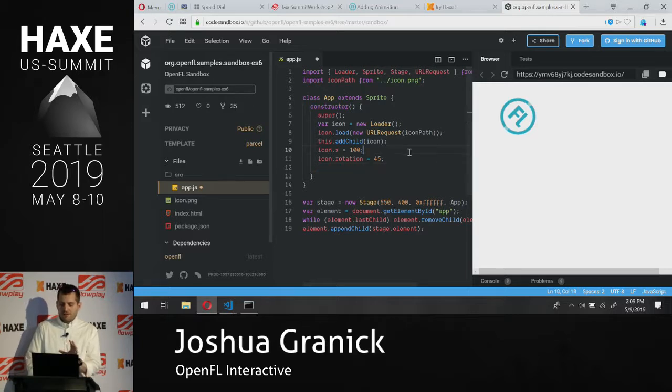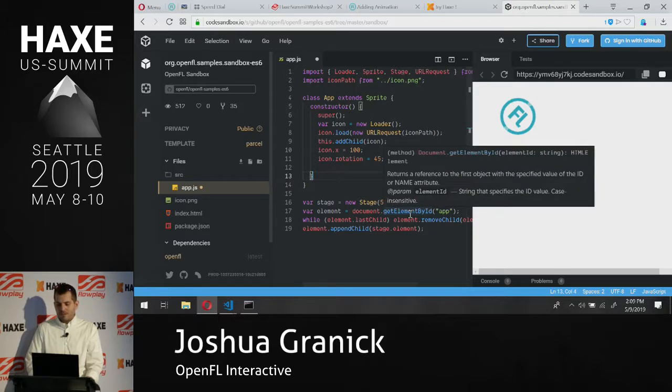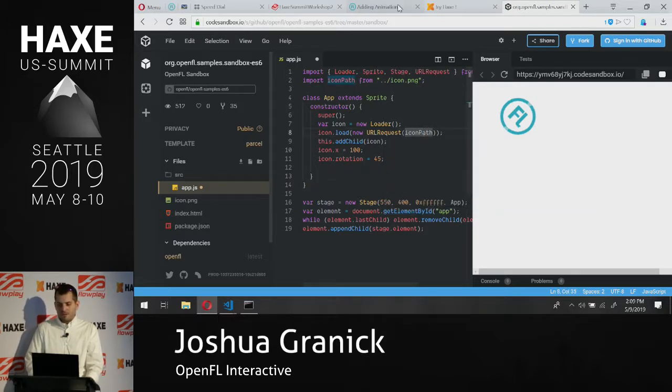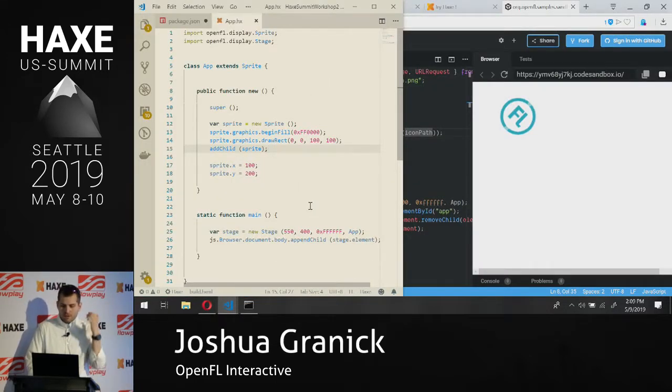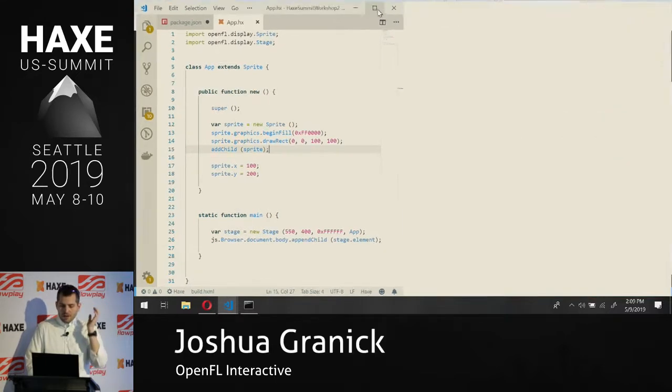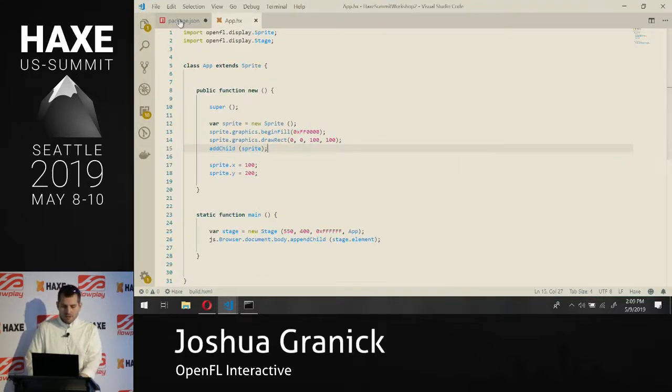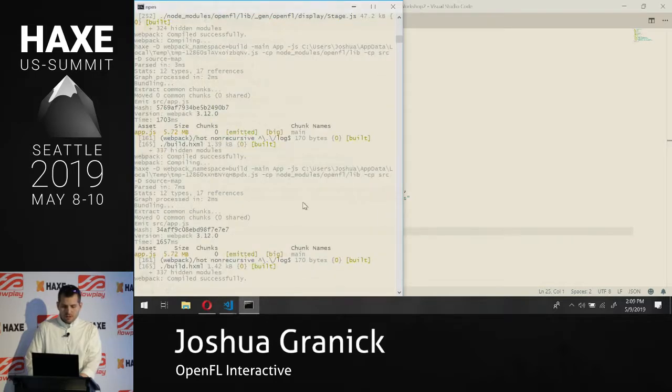So if you're doing something small, you want to play around, this is kind of a fun way to do it. Sharing code samples is really easy this way. And this is based on the same premise as what we're doing back here, except this is more the way you would want to do it for a real project. So, what if I wanted to add something extra to this? So I could say,